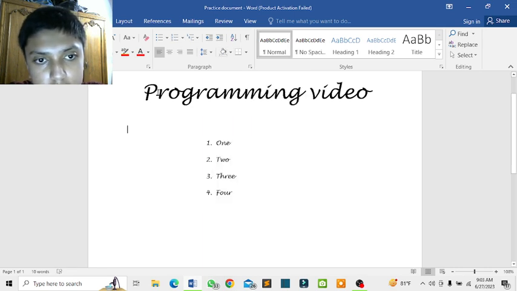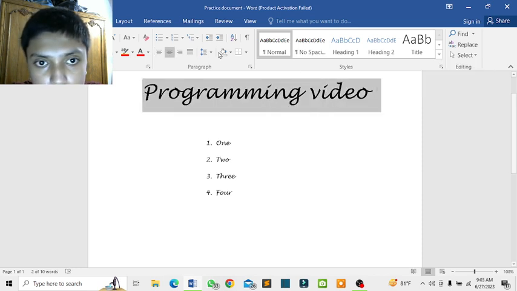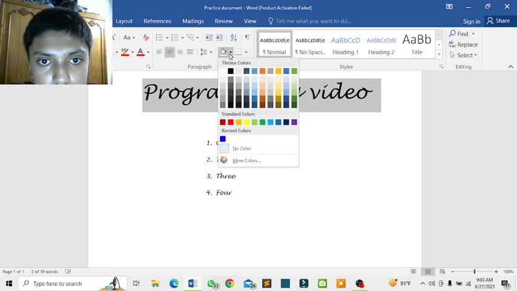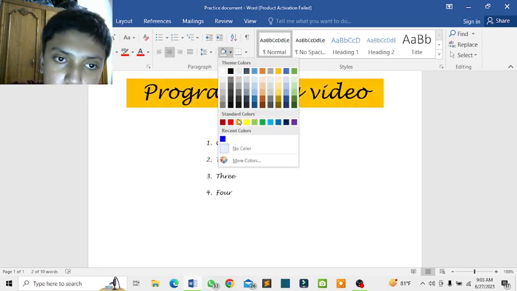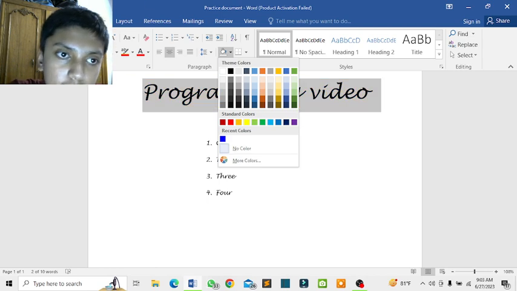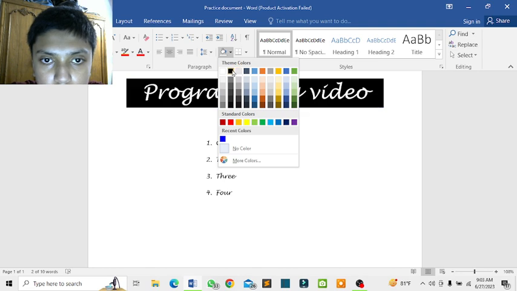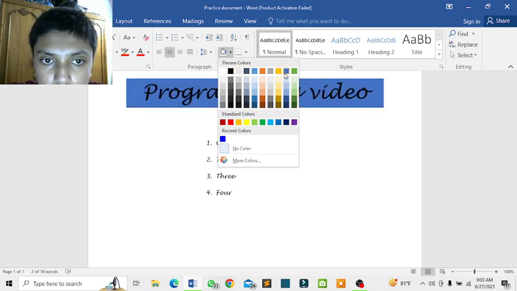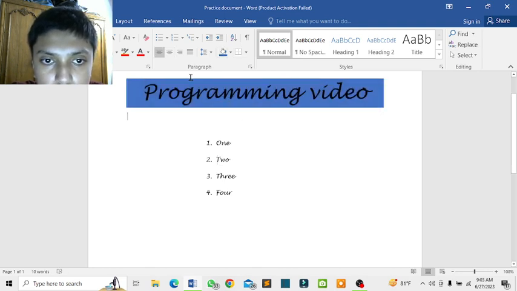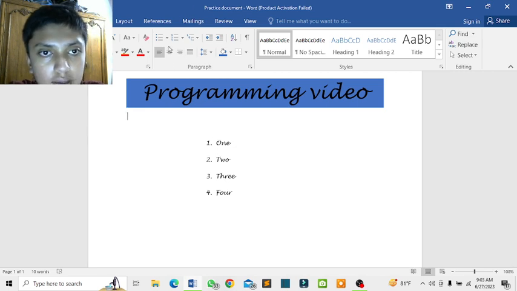Also, you can shade your text like this with different colors. It changes the background of the text. It's kind of like the highlight one, but it's a little bit shady. I'm choosing the blue one. Okay, now